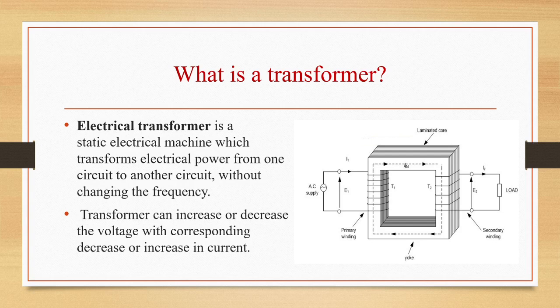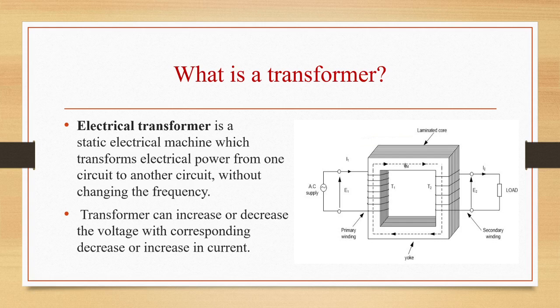where the value of EMF can be given as E is equal to minus N d phi by dt. And if the second coil circuit is closed, current will flow in it, and so electrical energy will be transferred entirely magnetically from one coil to the second coil. So the first coil, in which electrical energy is fed from the AC supply mains, is called the primary winding, and the other winding, from which energy is drawn out, is called the secondary.